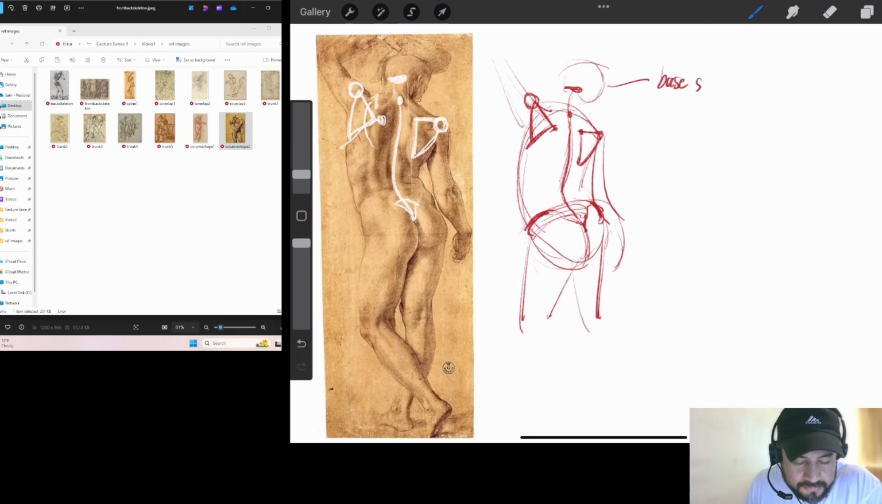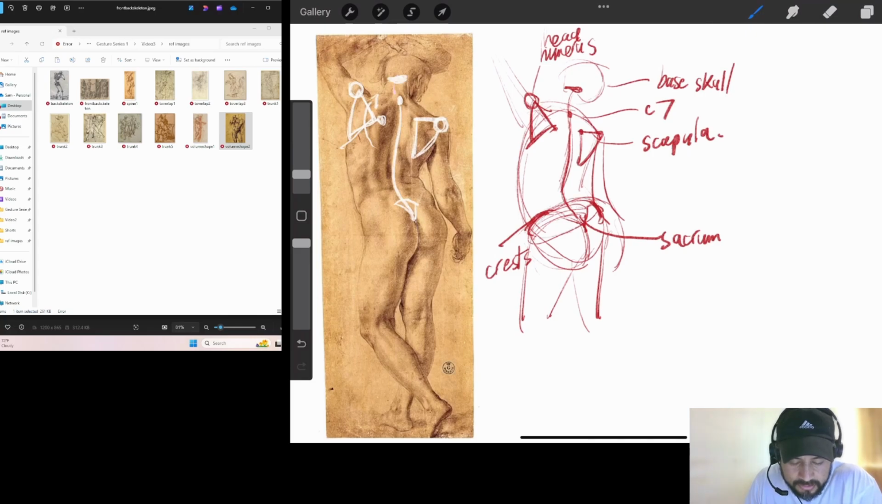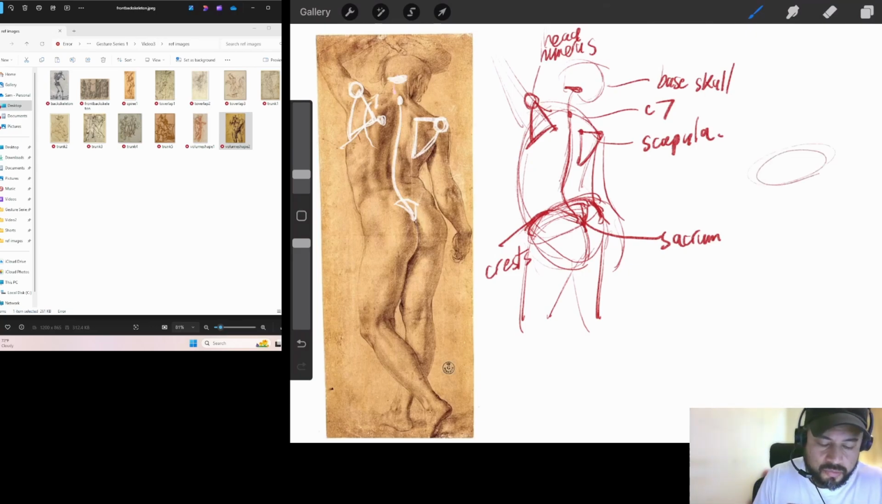Base of the skull, C7, scapula, humerus, the humerus head, sacrum, and these crests, or that belt line that you should be able to see through, just drawing through the figure. Okay. Moving on, we'll get on to how you represent